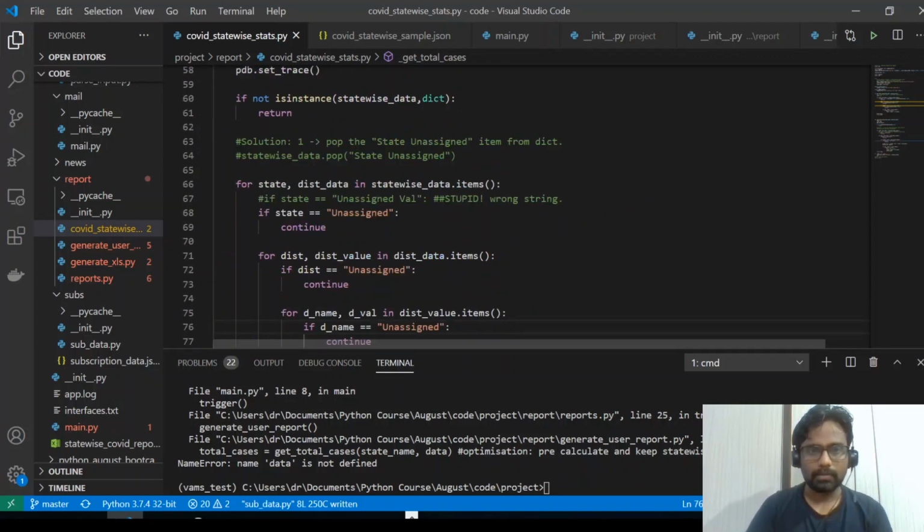So yesterday, all the if conditions, I was trying to equate it with the unassigned space val,